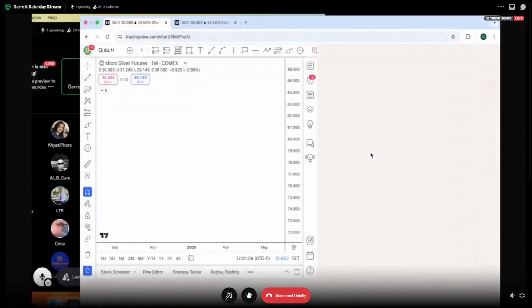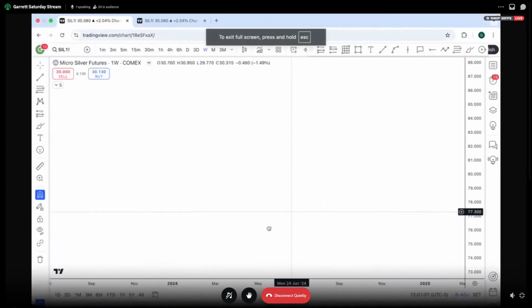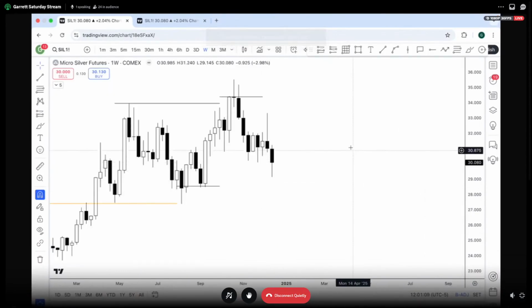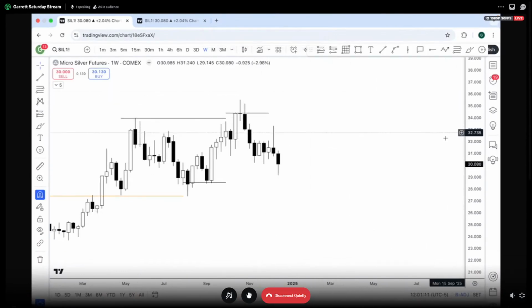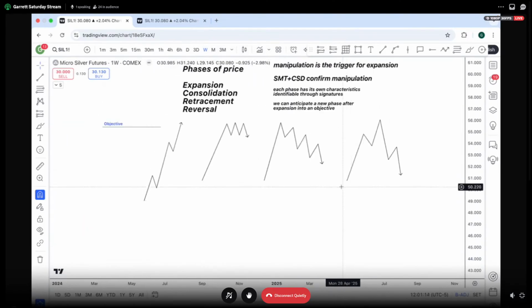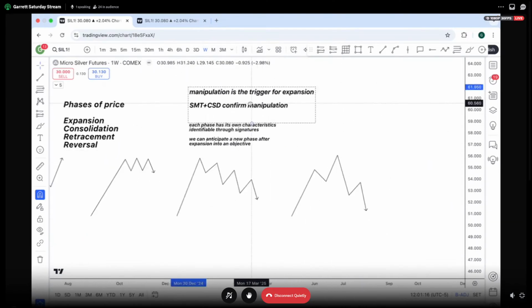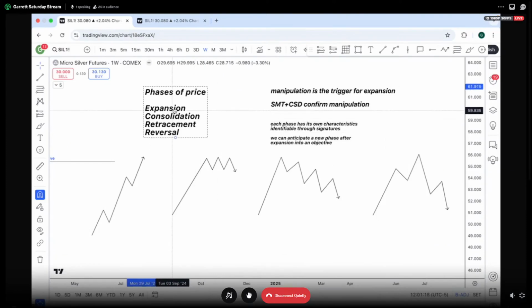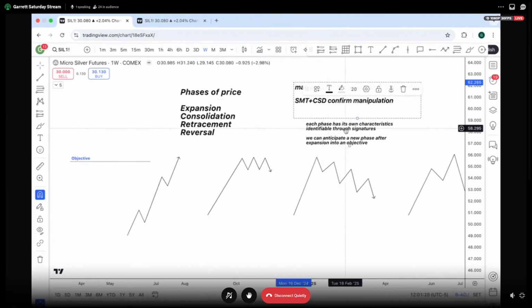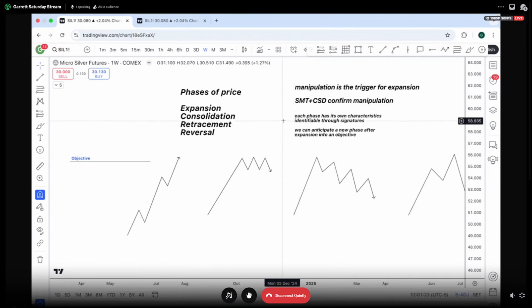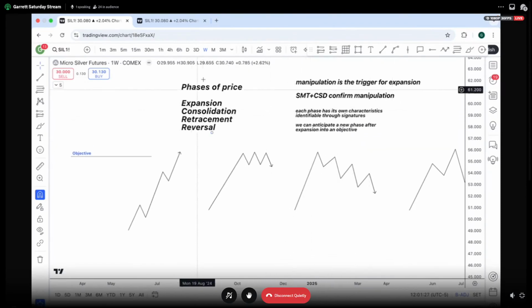So what we're going to be going over today is something I'm sure you guys have heard talked about many times, and it's the phases of price. This is one of the core concepts to really approaching the market and just any model in general. And it is one of the ways you're going to actually anticipate price. So there are four phases of price: expansion, consolidation, retracement, and reversal, right? And so each phase of price,